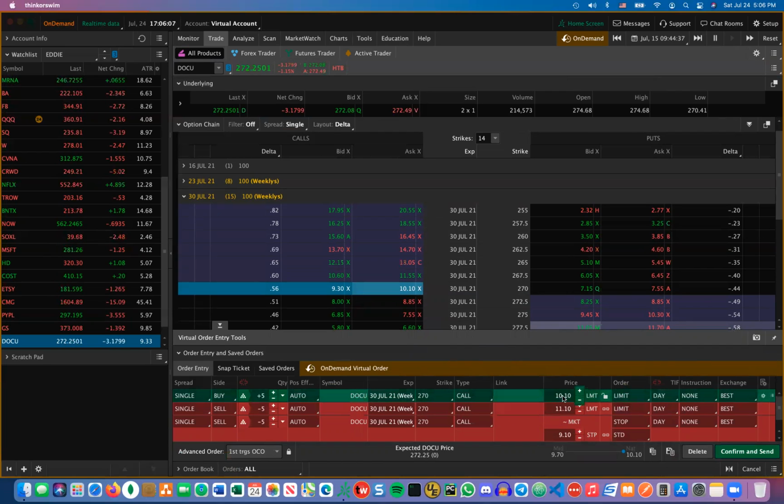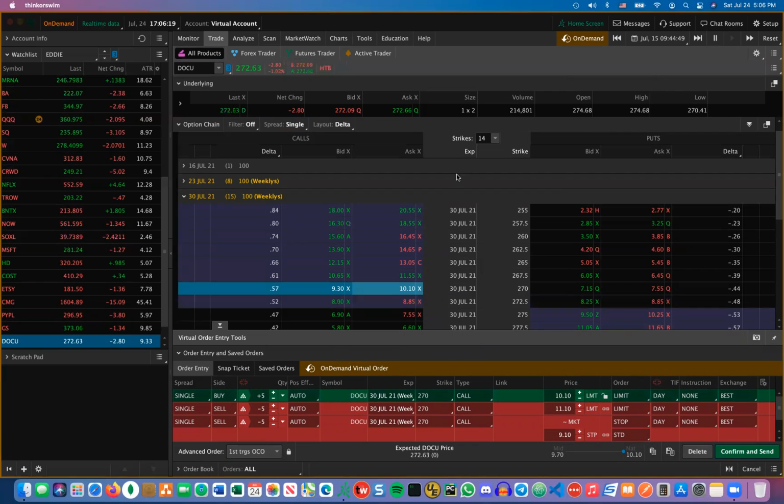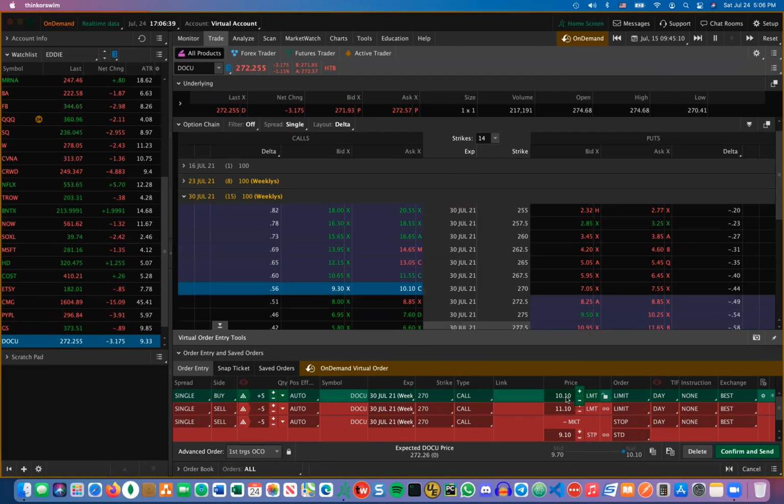So right now it is trading at $10.10. We've missed a few cents here in the last minute, and we're expecting that we're going to have an $18 move. So what's my expected premium on an $18 move? I simply multiply 18 times 0.57. That's $10.26 in premium. So $10.26, I'm going to add that to my take profit. So if I enter at 10 and I add 10.26,